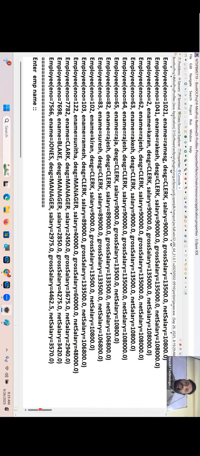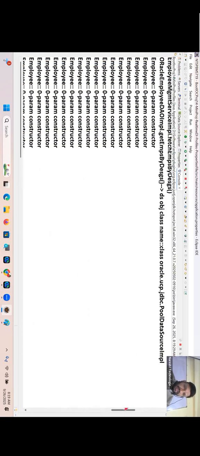Okay. Designation one clerk. Yeah. Sales. Yeah, look at this. It's pointing to Oracle, guys. How can you say it's pointing to Oracle? Many records have come, and moreover, it is creating an object for which DAO class, guys? Oracle DAO. Look at the class. The MySQL related DAO class object is not created.